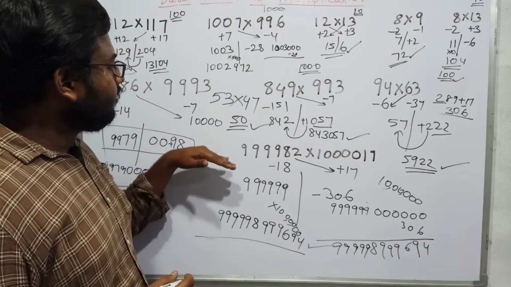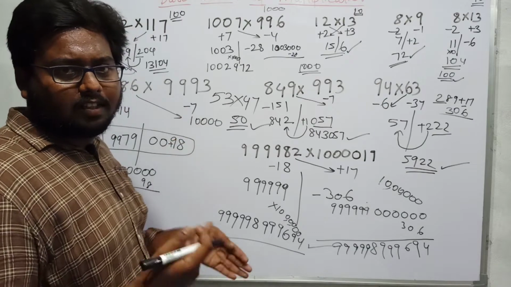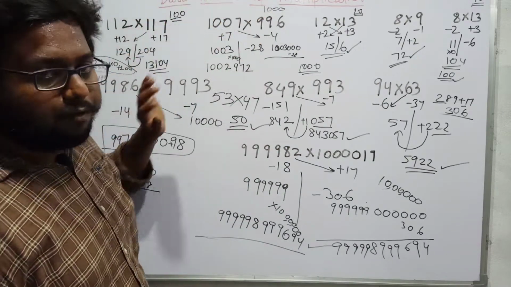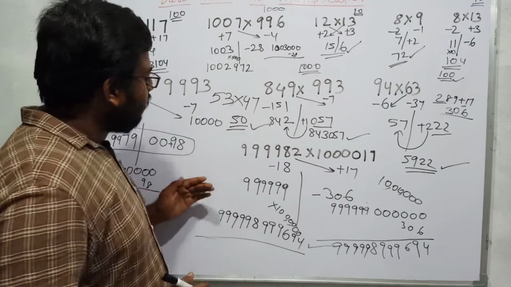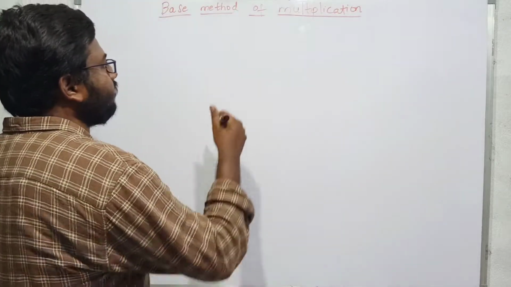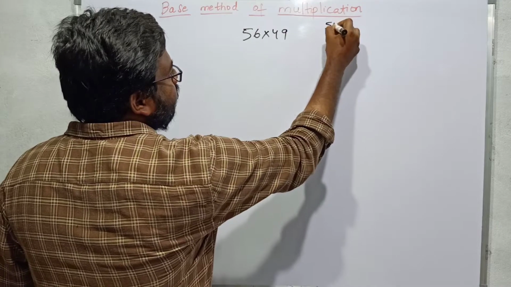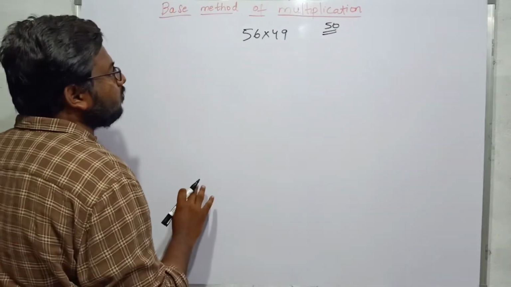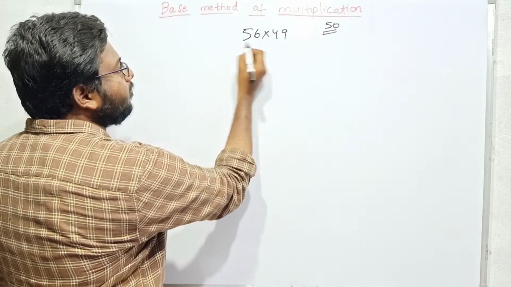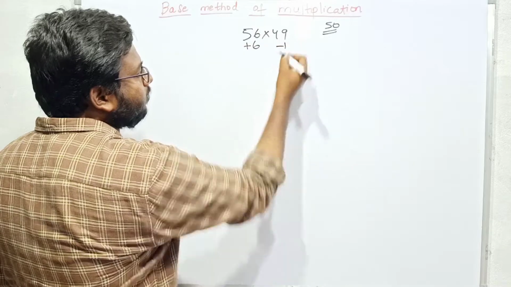So let us see this scenario, how to calculate the numbers which are close to 50, 40, 60. That means rather than a decimal number. This is 100,000 now. We did problems on this up to now. Now we will see some scenarios like this. 56 into 49. This is nearer to the base number 50. Let us see how to deal with these scenarios. So in the same way, I have to see how far 56 is from 50, means this is plus 6 and this is minus 1.